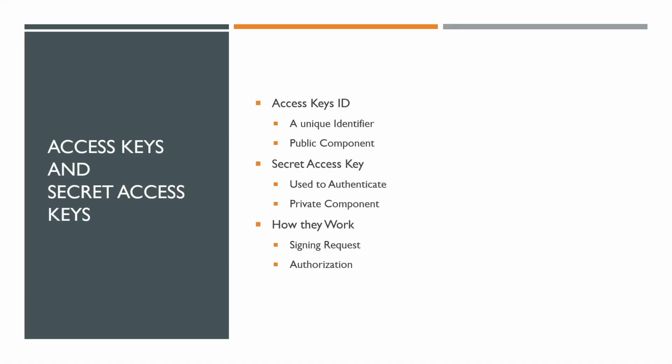So the access key and the secret access key are also very important when you are using the command line interface, because they serve as your credentials, giving you authentication and authorization to your AWS environment and giving you access to all of the AWS services that you are authorized to access. Now, the access key is a unique identifier, and this identifier is used by AWS to identify your account or the IAM user that is making the API calls. It is the